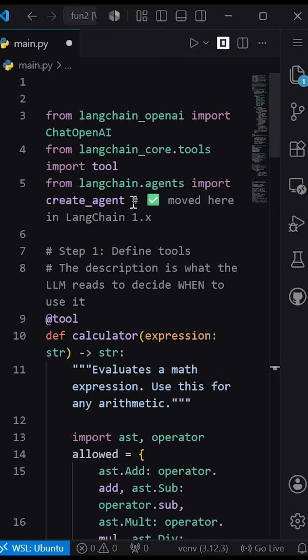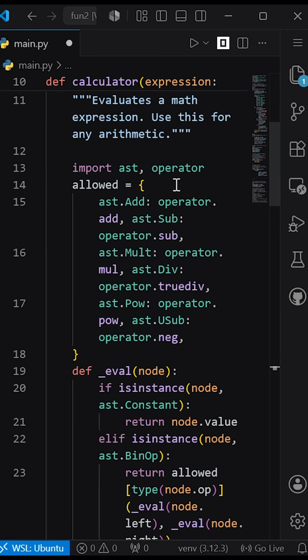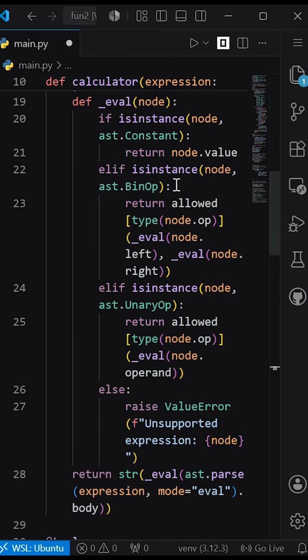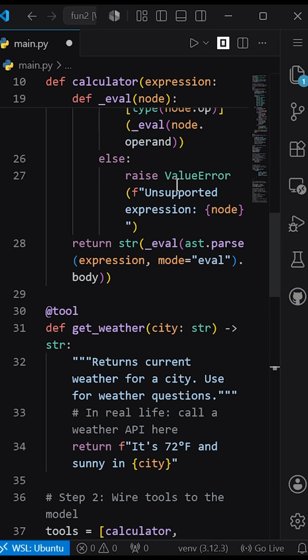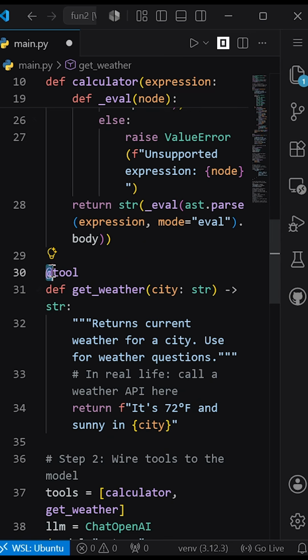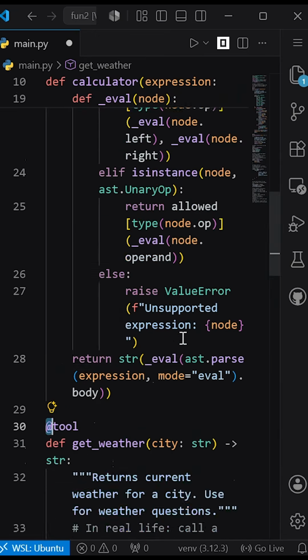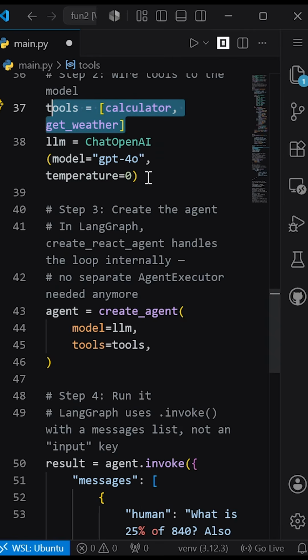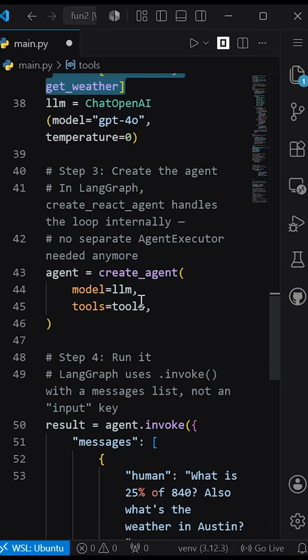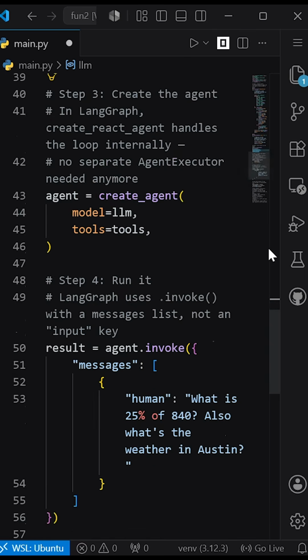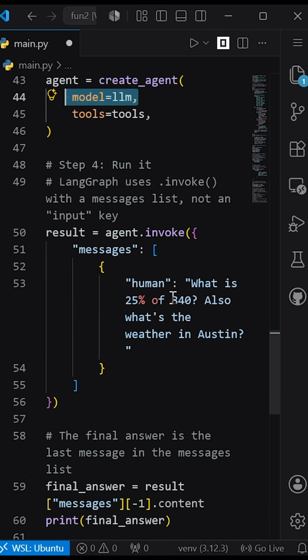Here's what it looks like in code, and I'm going to keep it real, not tutorial, simple. We define our tools. Each tool has a name and a description, and that description matters. The agent reads it to decide which tool to use. We pass the tools to the model. We invoke the agent with our question. Under the hood, the model is running a reasoning loop that is called a ReAct. Reason, then act. Repeat until done.